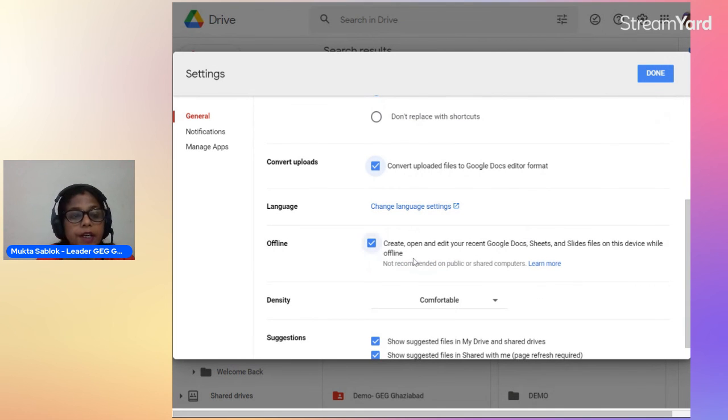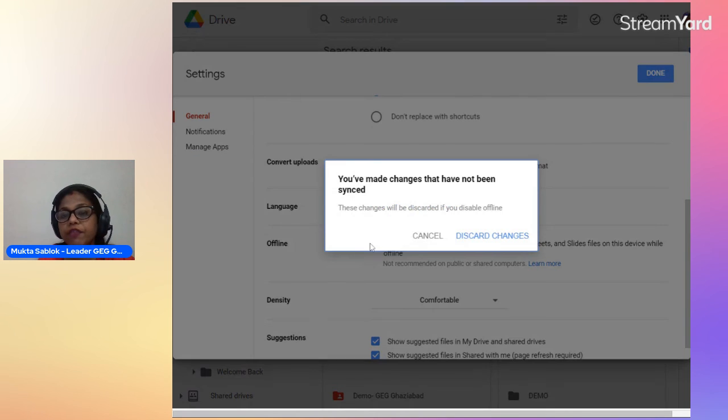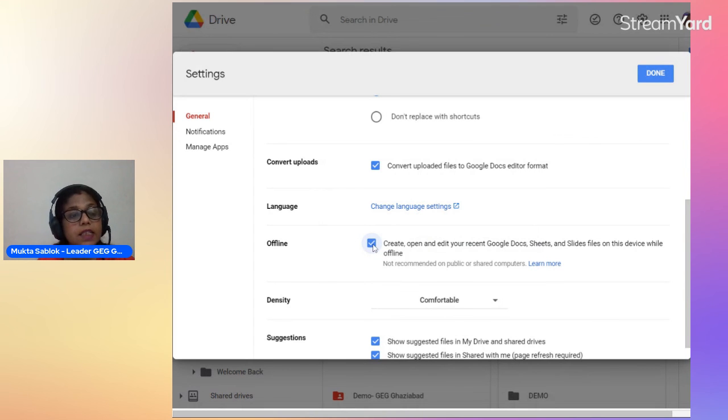Now, as I have already told you, Google has given us the option to work with the files and folders in our drive in offline mode also. This is the checkbox which we need to click if we want our files to be opened or worked on in offline mode. If we do not want it, we can just deselect it.